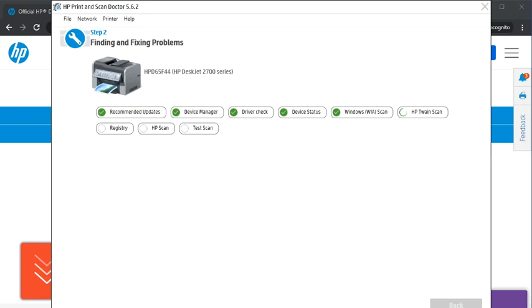It is taking some more time, but as I'm not facing any problem with scanning, it will not display any problem. But if you are facing any issue related to scan, it will prompt you and it will fix the issue, whatever the problem related to scan is. That's all in this video.